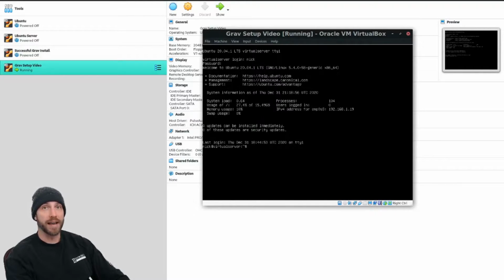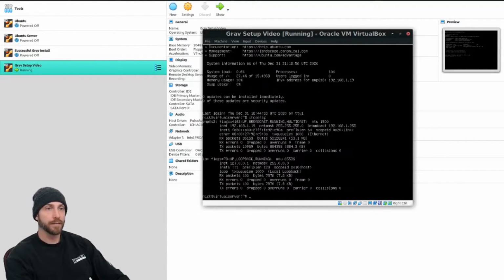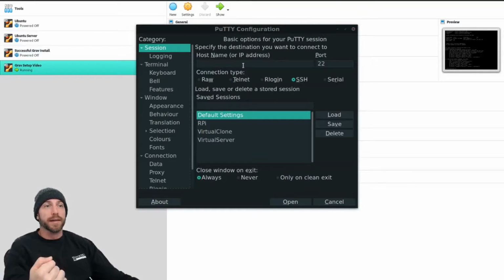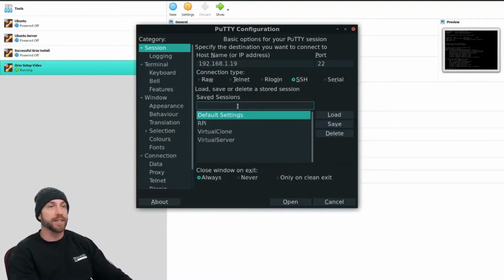And we're going to run ifconfig. And we can see here that our IP address on the local network is 192.168.1.19. Now we can fire up PuTTY so we can get a more customizable window with a font that's a little bit easier on my eyes. Now that we fired up PuTTY, I'm going to take that IP address 192.168.1.19 and I'm going to save this under the profile of Grav Video